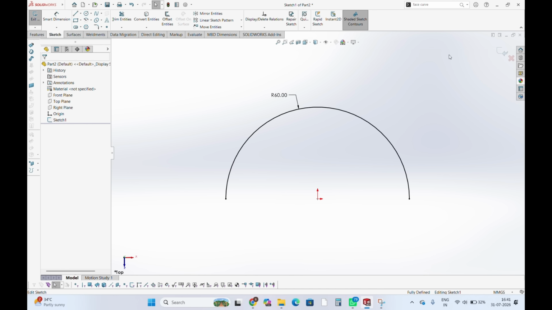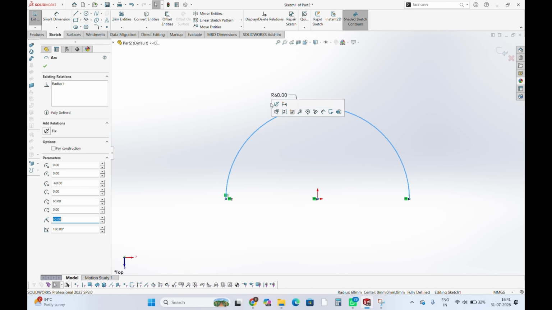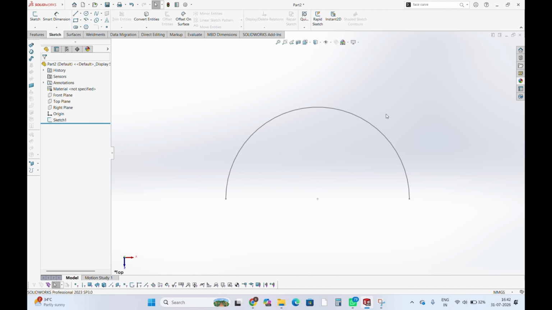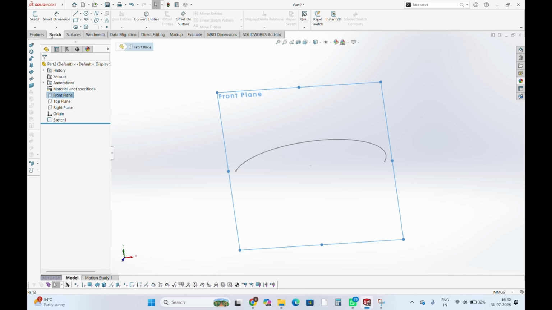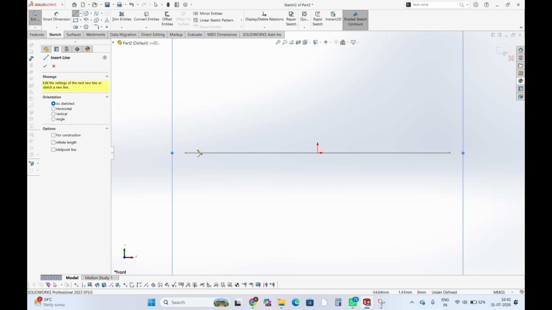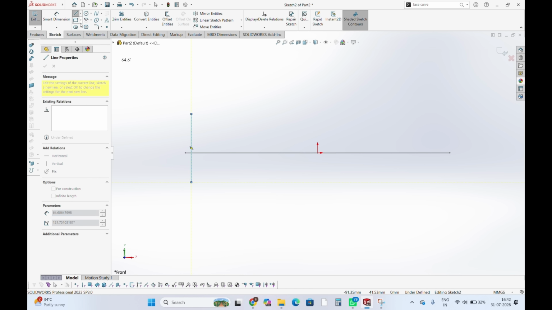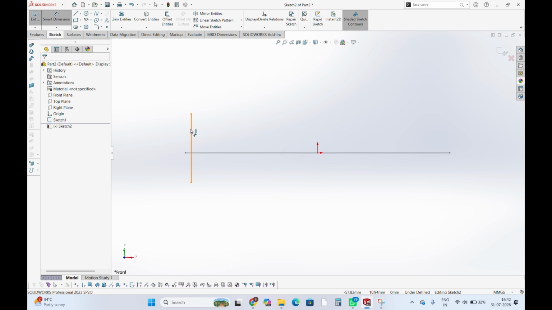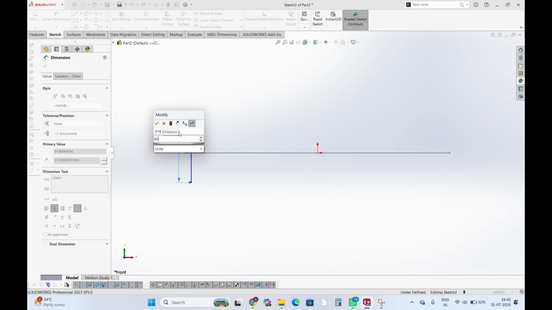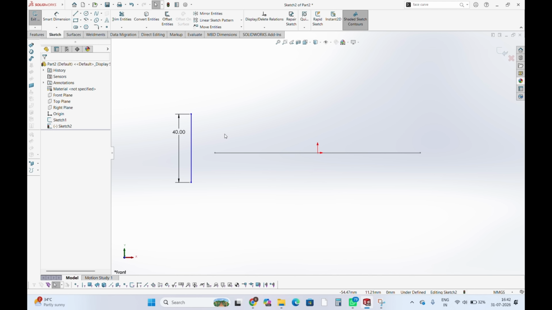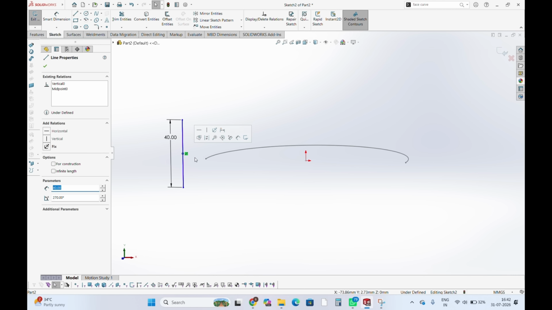Okay, after that we'll create a line on the front plane that would be 40 mm long. Now we'll coincident with the midpoint of this line